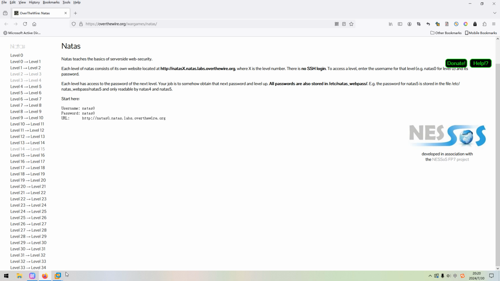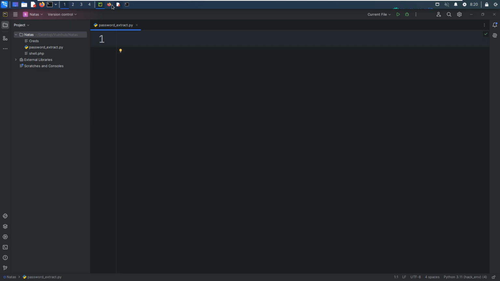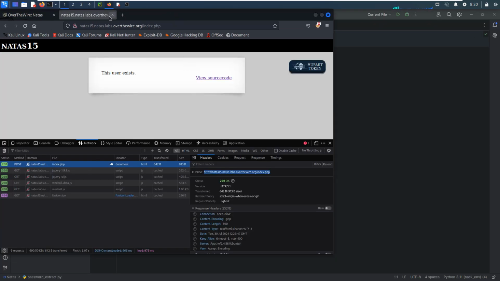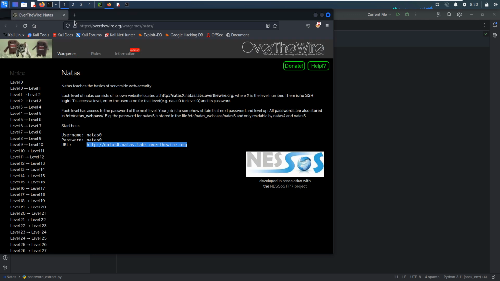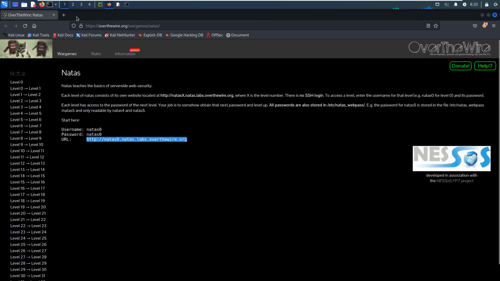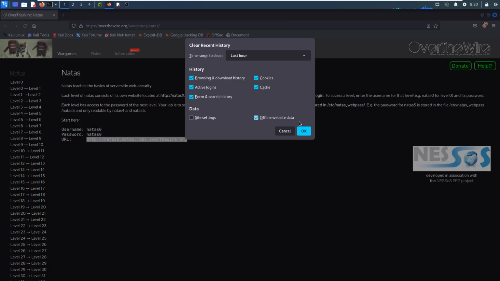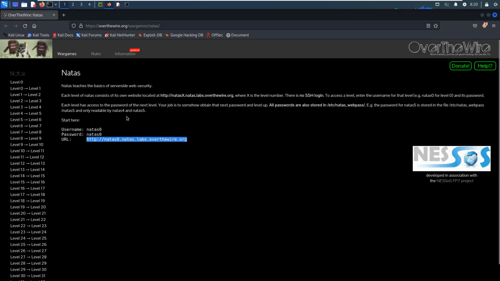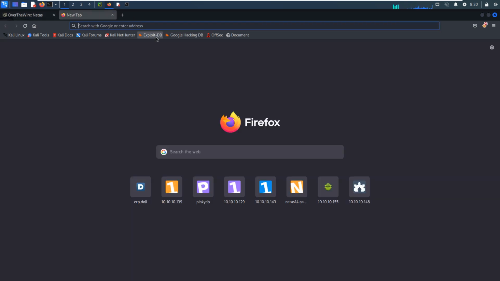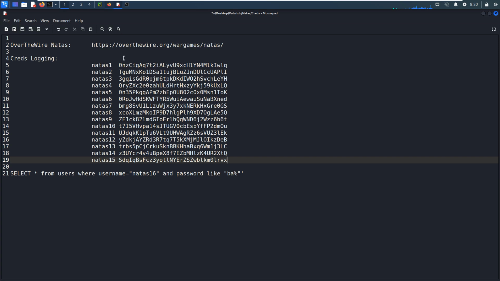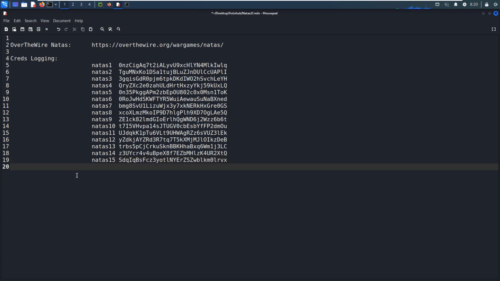We can switch over to the Kali Linux VM. I'd like to close up the existing tabs and clear the history, to make sure this will not affect our pen testing. I'd like to remove rubbish data, so we can start from here.